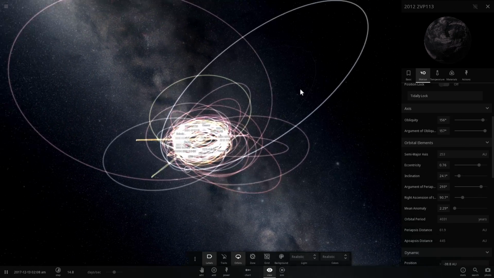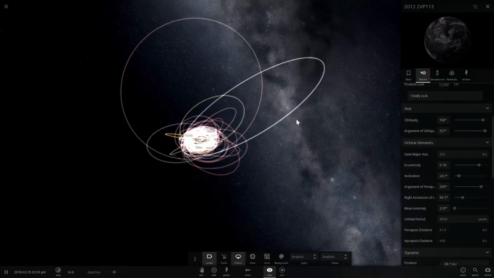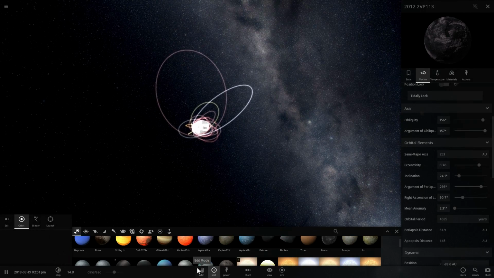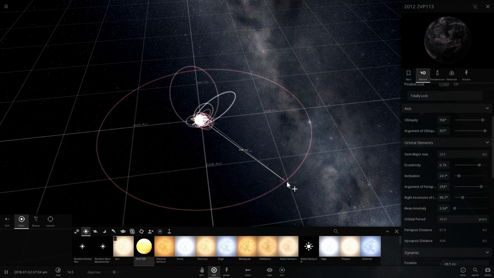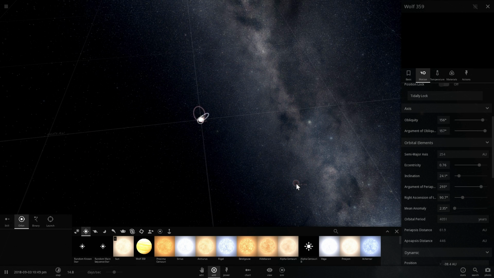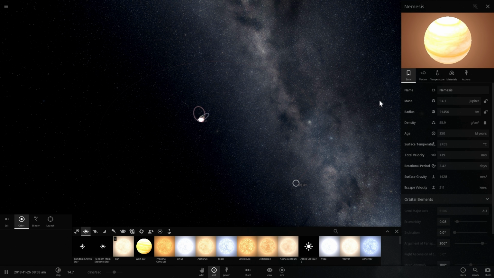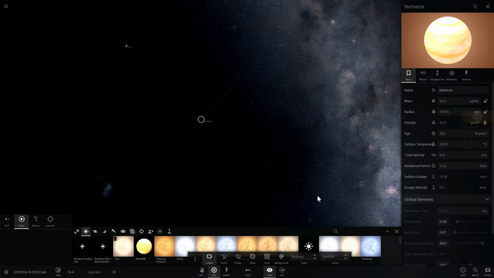And in one of the previous videos, I talked about another theory called the Nemesis Theory, where people used to think that maybe, just maybe, there is a brown dwarf somewhere on the outskirts, somewhere relatively far away, possibly pretty far away actually, called Nemesis. And this Nemesis would explain why some of these objects and some of the comets have such a unique orbit. So here's Nemesis right there. This is a brown dwarf.